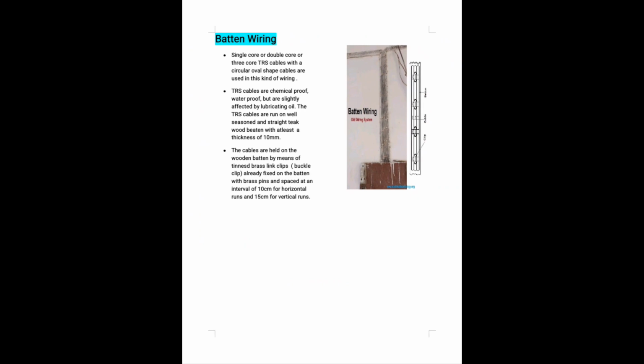Batten wiring. Single core, double core, or three core TRS cable with a circular or oval shaped cable is used in this kind of wiring. TRS cables are chemical proof and waterproof, but are slightly affected by lubricating oil. The TRS cables are run on well-seasoned and straight teak wood battens with at least a thickness of